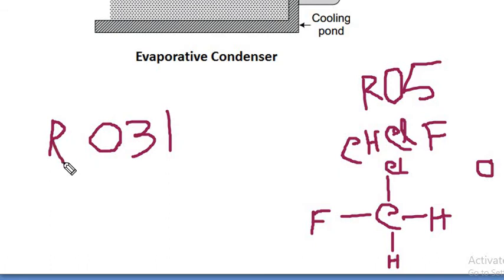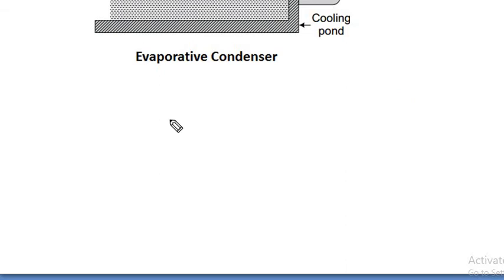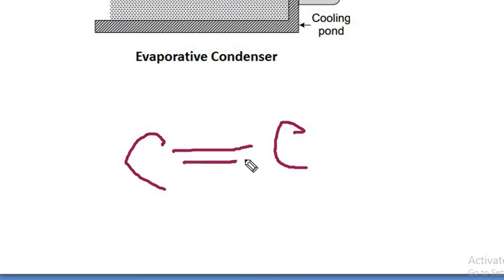If the compound is unsaturated, what can we write? For unsaturated carbon, we can write that. Suppose let's take an example: 2 carbon molecules with a double bond. For the unsaturated, it will be a double or triple bond. 1, 2, 3, 4. Okay. Check the valency whether it will be 4. It should not be more than or less than 4. 1, 2, 3, 4. 1, 2, 3, 4. Okay.